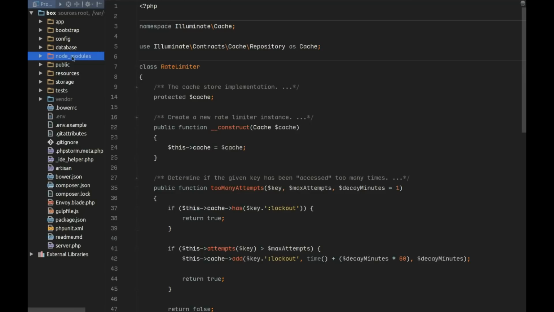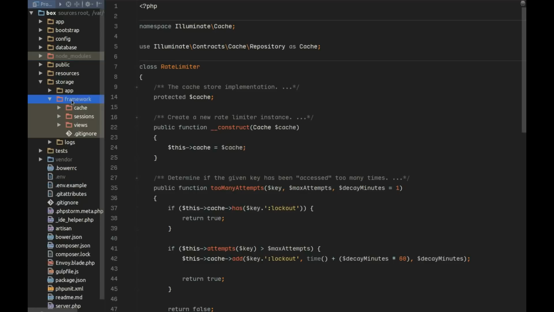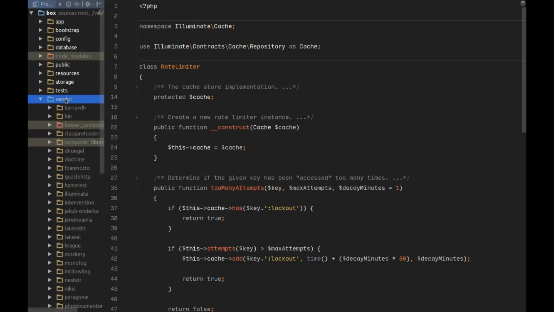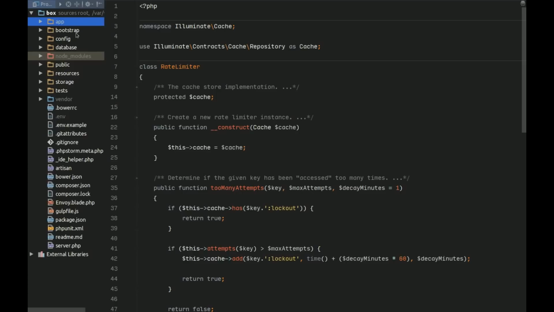Here is the Laravel-based project I work on, and I immediately excluded node modules. Also, I love to exclude from my project the storage directory, where I have compiled views, sessions, cache, and things that I really don't want in my autocompletion. If you are working mostly with PHP and don't need lots of front-end, you may also want to exclude Bower components, at least temporarily. Using these 5 techniques, you may bump up your PhpStorm performance and make it 2 or 3 or even 5 times faster than usual.